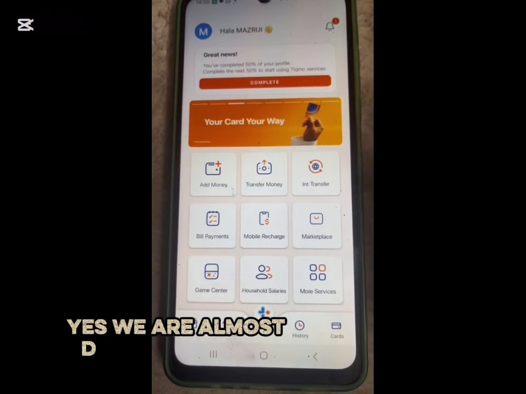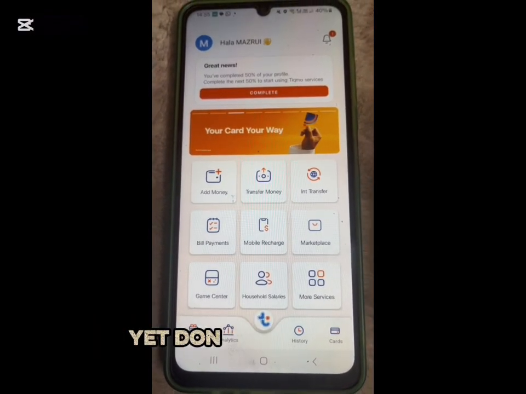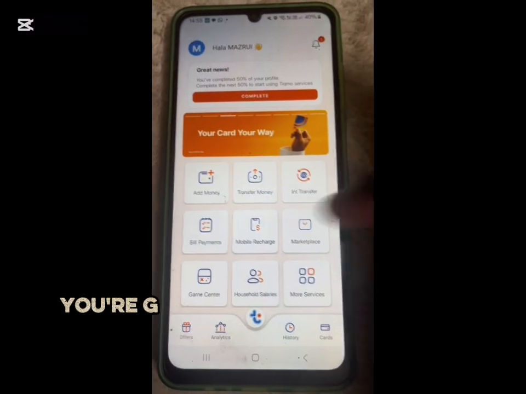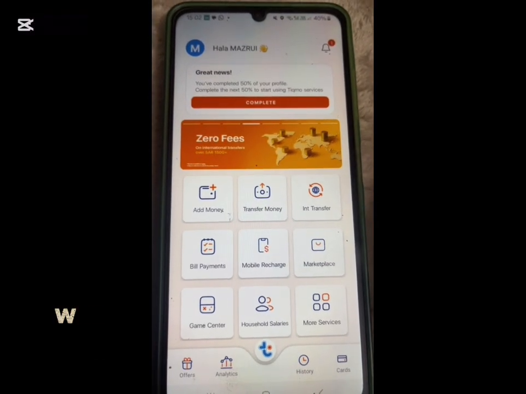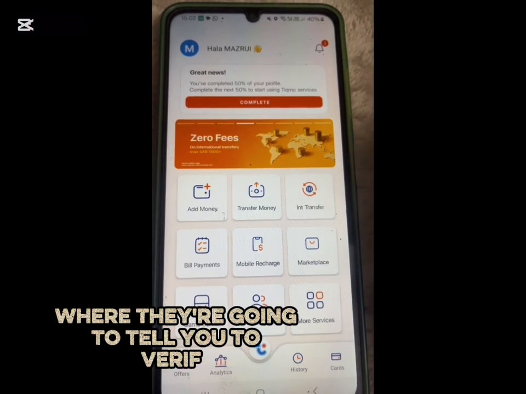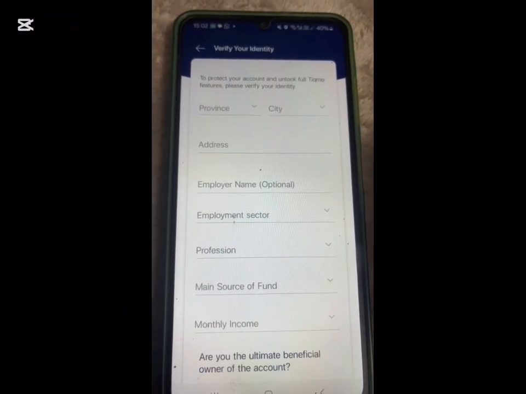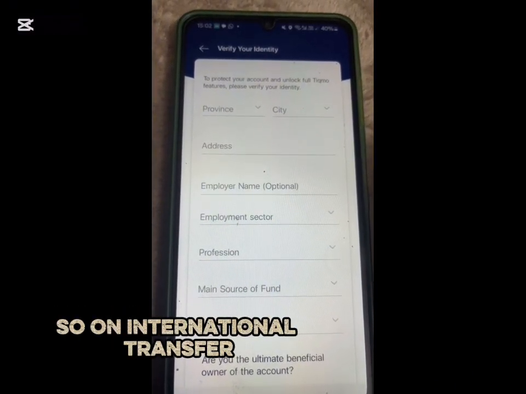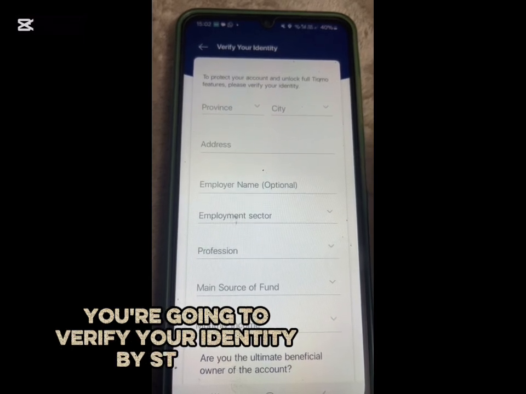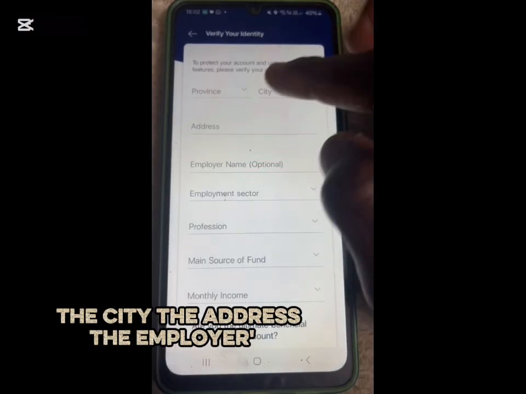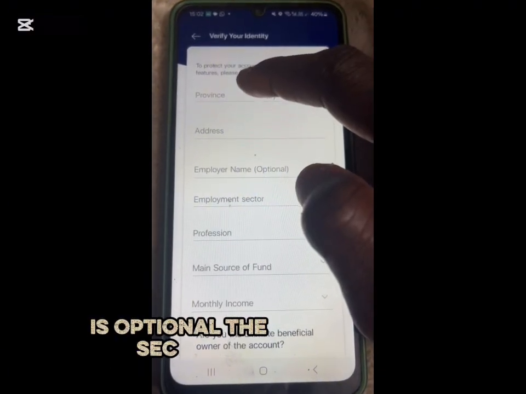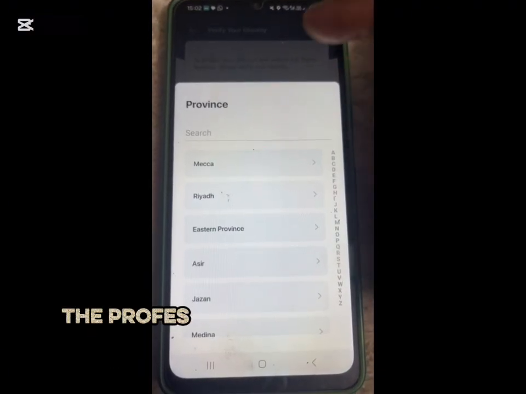Yes, we are almost done. We are not yet done. From this step, you're going to click on international transfer, where they're going to tell you to verify your identity. On international transfer, you verify your identity by stating the province, the city, the address, the employer's name, which is optional, the sector, the profession,